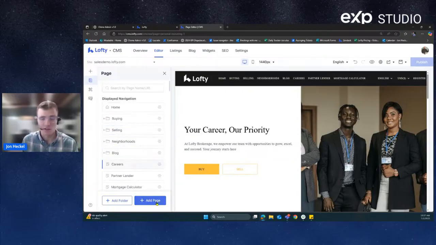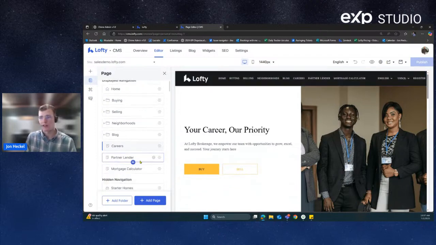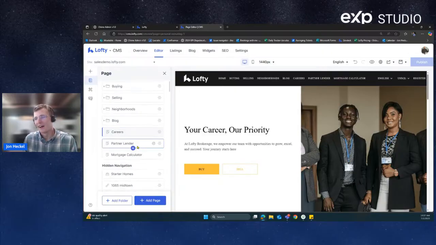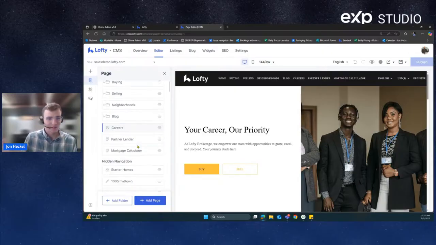We can add additional pages. We can add folders. You see up here across the top, we've got our header that includes all of our displayed navigation. That's the term. It's right there in front of me. What I can do within this is I can create pages that aren't available in the displayed navigation and link